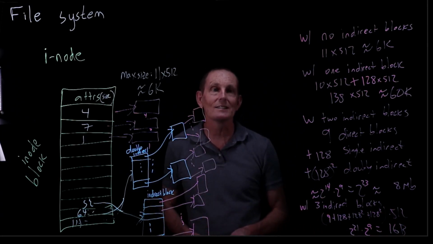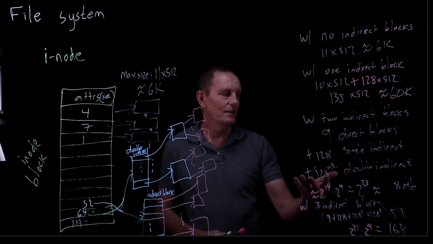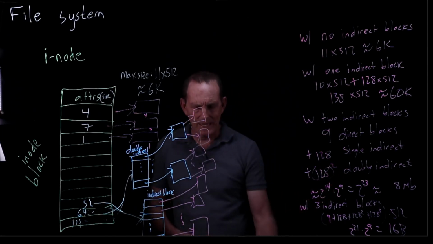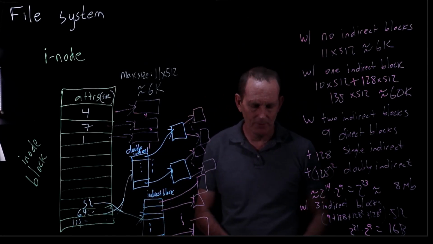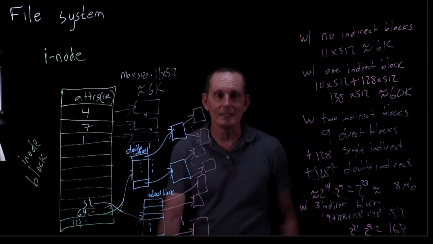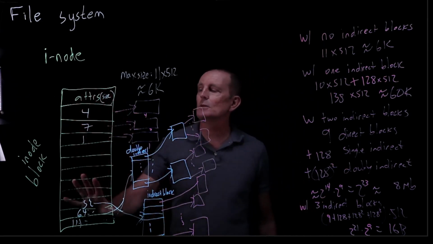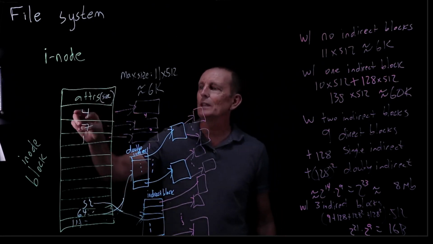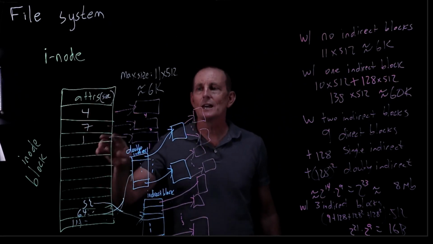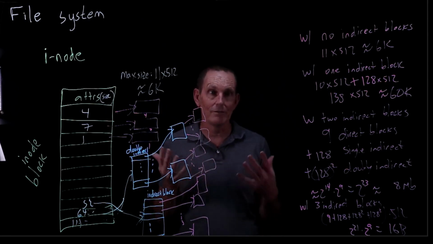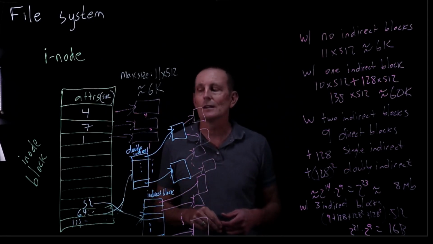And of course, if we use 1K blocks instead of 512 byte blocks, then these numbers are a lot larger. So we can support much larger files. So what's the advantage of this approach? Well, there's a couple. One, small files just take a single disk access. This inode is going to be stored in memory. If we have a small file and we're within the first 5K of it, we can just find directly what block number it's at and go read that block number. So that's good for .h files and things like that, for which we have a whole lot of them. We want to be able to get to those quickly.